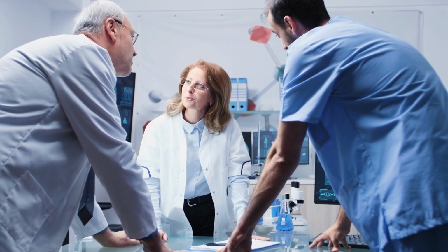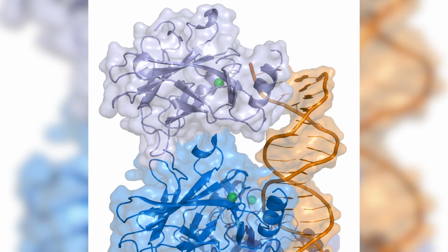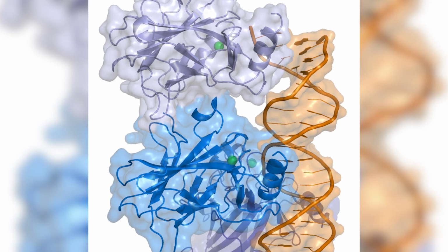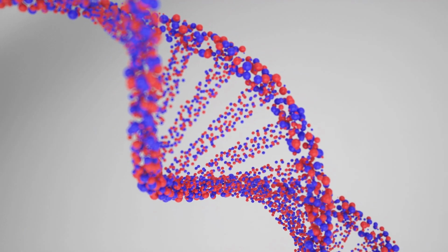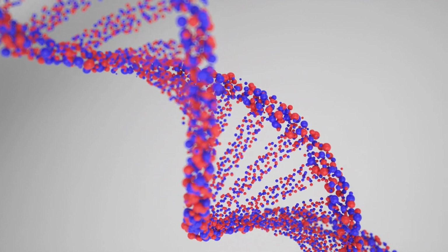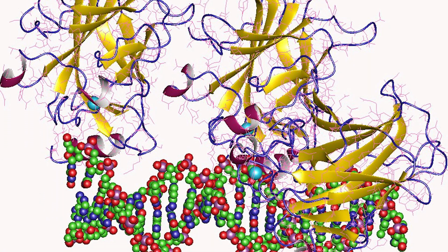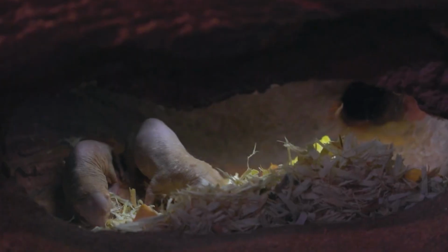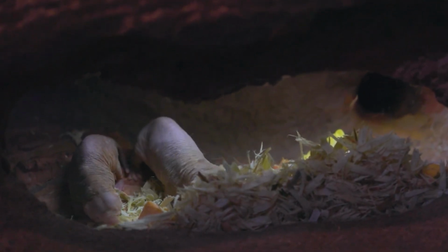So far, researchers have identified at least 2 key factors that help protect naked mole rats from cancer. The first is a protein called p53, often referred to as the guardian of the genome. This protein helps maintain genetic stability by minimizing replication errors and inducing cell death in faulty cells. Interestingly, p53 is not unique to naked mole rats. Humans and other rodents also have it. But what makes the mole rats different is the sheer quantity of p53 they produce. One study found that naked mole rats have up to 50 times more p53 than regular mice, significantly enhancing their